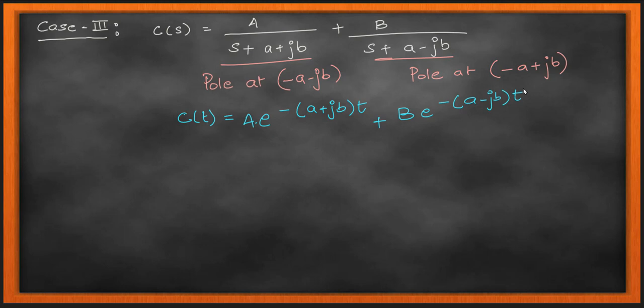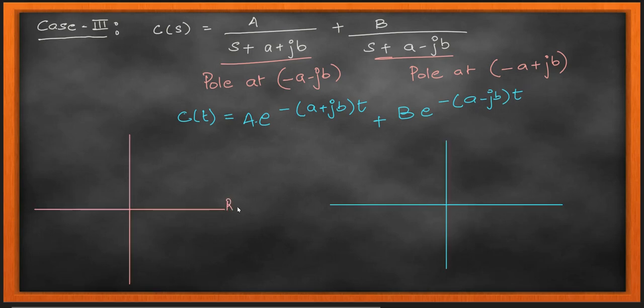Let us see. Again, I have to plug in some values for T and plot it. It's not a very straightforward plot from my C of T, but I know how it is going to look, so I'm just going to draw it for you. But you don't have to know how, you can just take this as it is, because we are only discussing the stability of the system. We are not interested in finding the response C of T. So let me draw it for you and show you what happens.